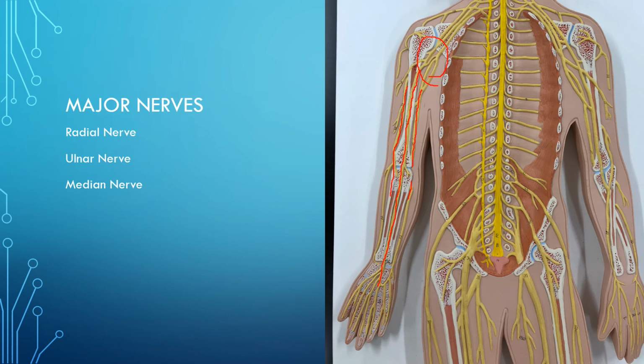So for your practical and for your quizzes, you need to know something about the structure of neurons, the structure of the brain, the structure of the spinal cord, and you need to be able to identify these major nerves that I've listed in this video. If you have time, you'll also want to review the cranial nerves. There's a special folder in your labs folder for your course space that has videos and resources for the cranial nerves. I highly suggest that you familiarize yourself with them before you go on to Bio